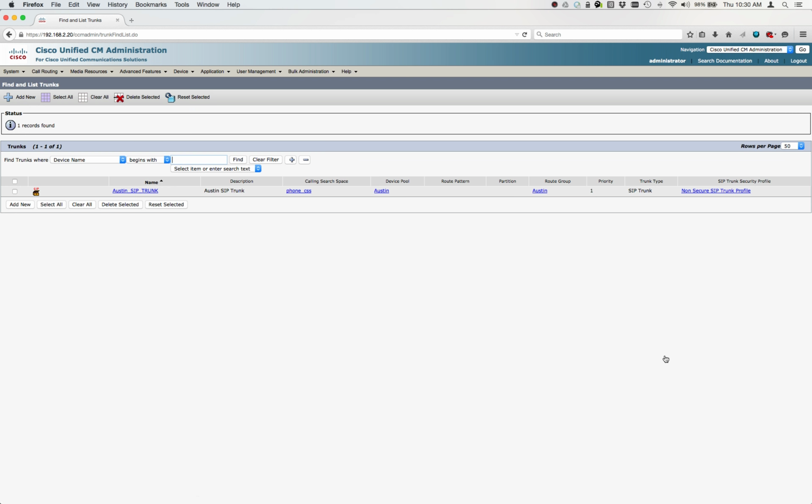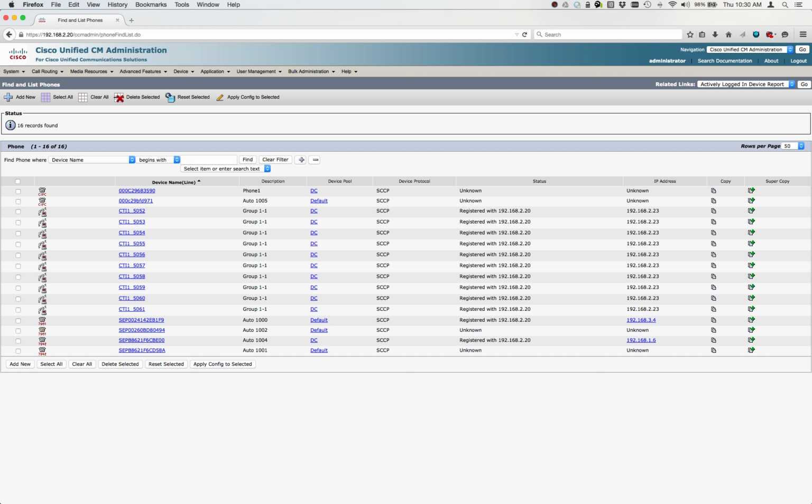Then we have a SIP trunk in Austin. Obviously, I'm going to use my DC gateway. I won't use the Austin gateway. Let's check out some phones. This is the phone I have right next to me. I just have it auto registered. CTI route points, those are for some contact center projects I'm working. And let's take a look at the